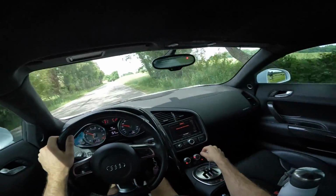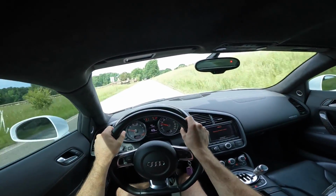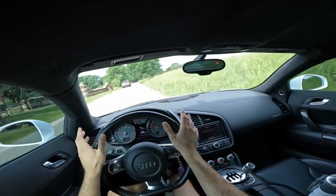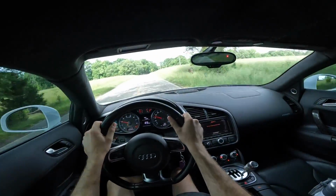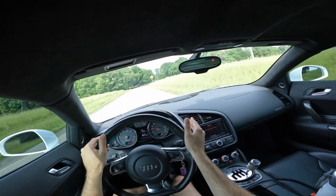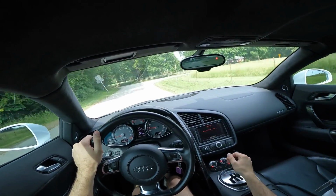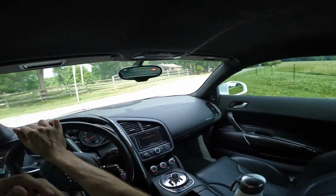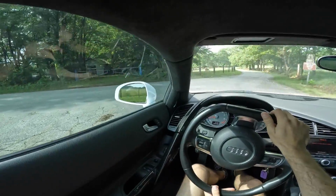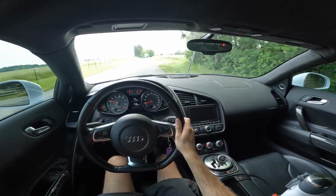Some of them will break six figures, of course, just depending on the newer models that you get, lower mileage, things like that. But let's say we're in the good, let's go $70,000 to $90,000 for a sports car. There's a lot of options. You have the F-Type. You even have some Lotuses too, if you want a little bit more exclusivity. But with the R8 here, it's such a blast. I really don't have any negatives to say about the car, and I'm not trying to be biased just because